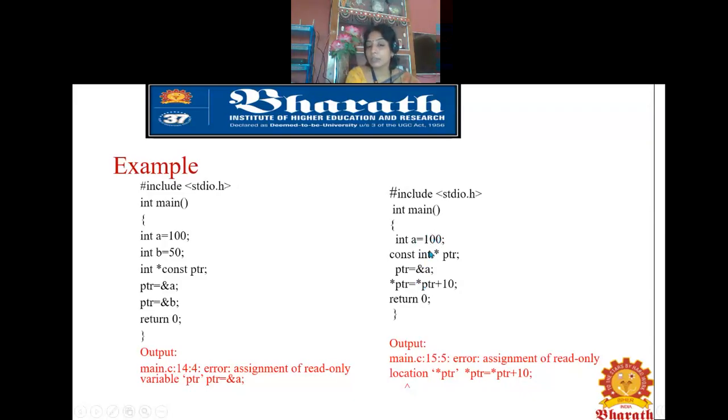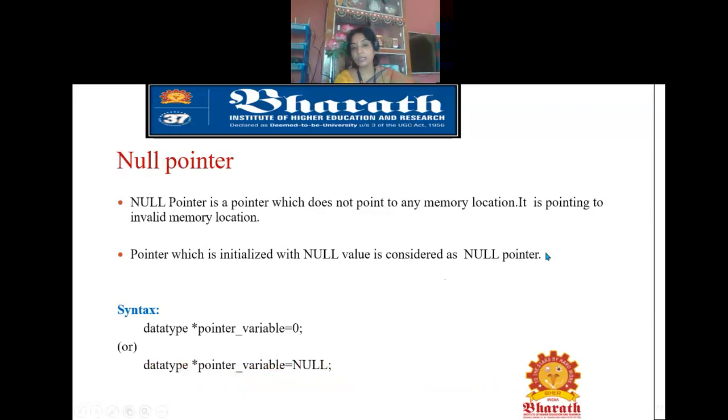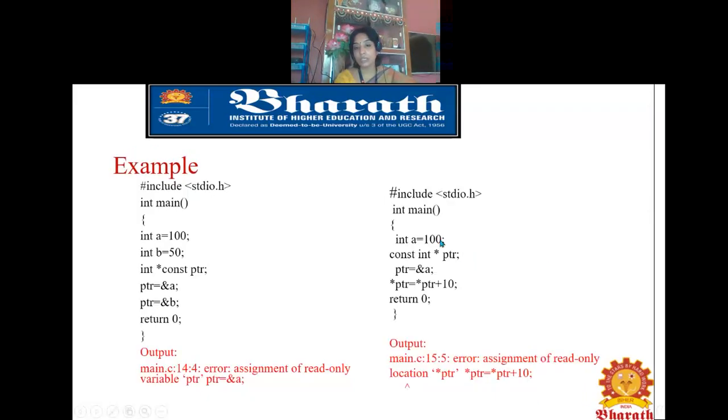If I'm trying to change the 100 to 110 using this pointer, in this case it is going to throw an error, because we have declared that it is a pointer pointing towards a constant integer. So this 100 has become a constant one. We cannot change the value of the contents of this pointer, so it will throw an error. So that's about this